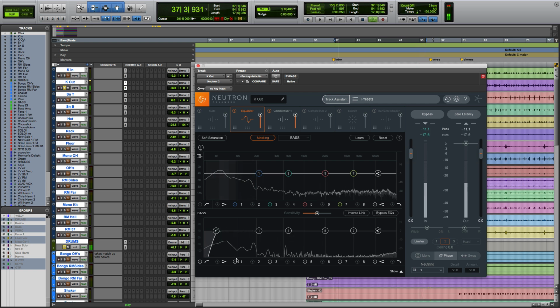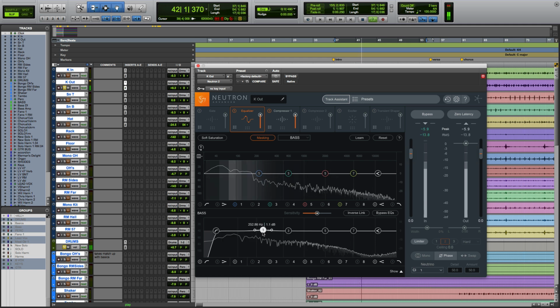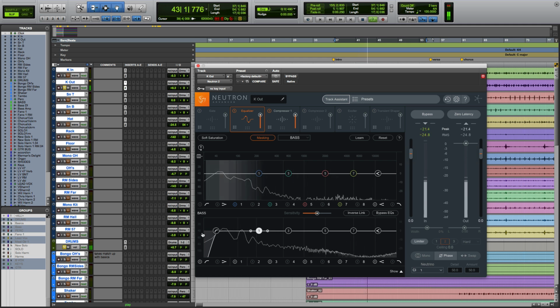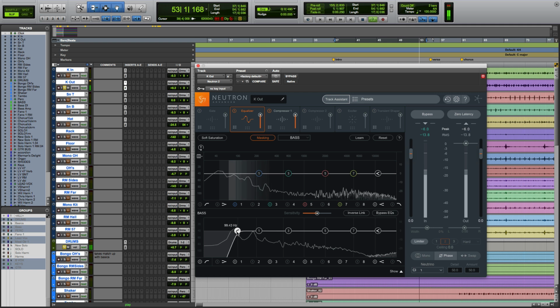And to do that, really easily, I'm going to use a high-pass filter on the bass track, right from the kick's Neutron, because this EQ down here is not a ghost EQ. I can action it and actually make some moves. So I'll do that right now. I'm going to stay with this slope that's selected over here. I just turn it on like this. And if I right click, I can choose the kind of slope that I want. I'm going to go for a very steep slope at 48 dBs. And now I'll just shave off some of that sub energy that the bass is occupying